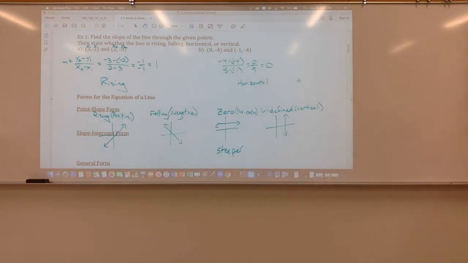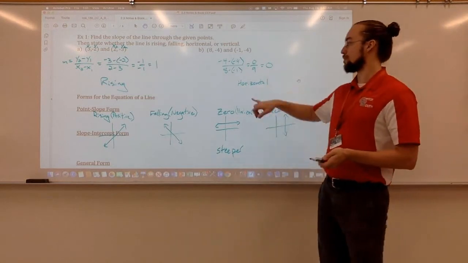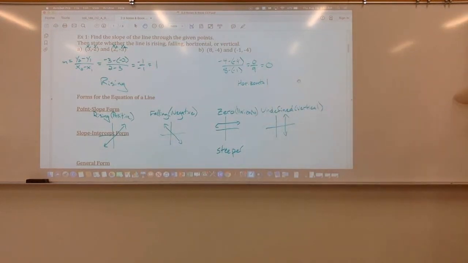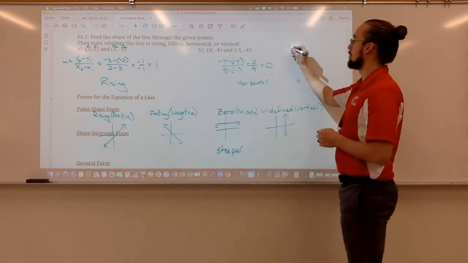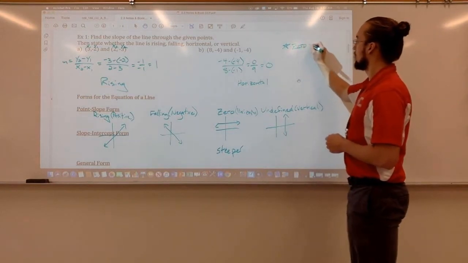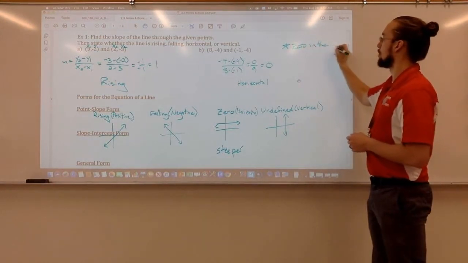Right? Whenever we end up with a 0 in the numerator, that means it's horizontal. Okay, for the second one, that would be a horizontal line. Hopefully we got positive 1 for the first slope. Okay, that means it's rising. Now, we can make a little note here, I guess. 0 in the numerator of a slope